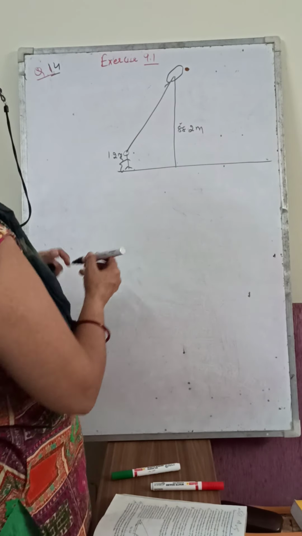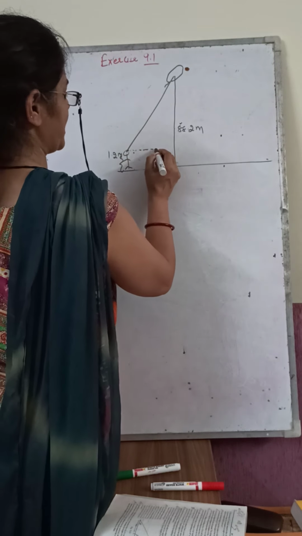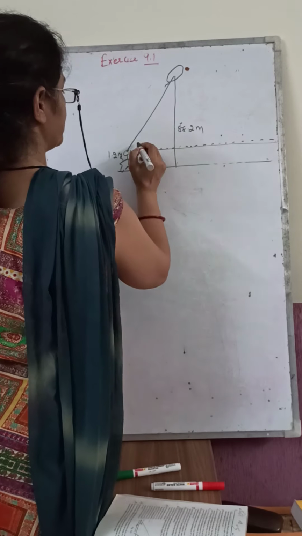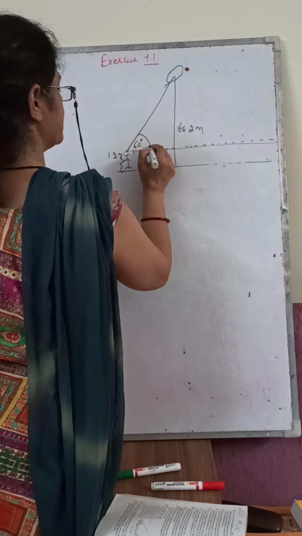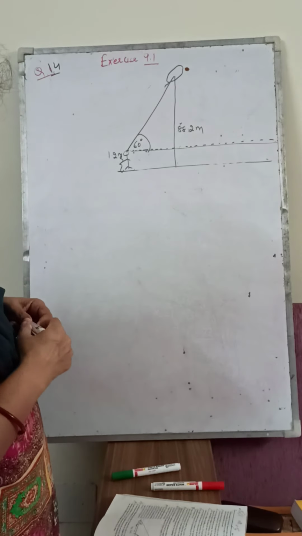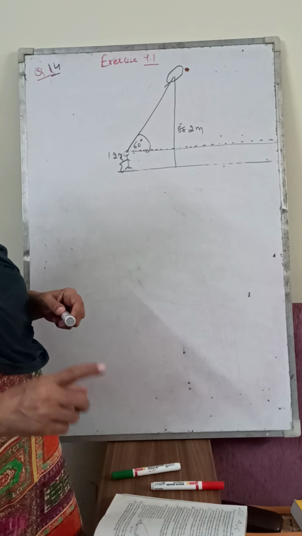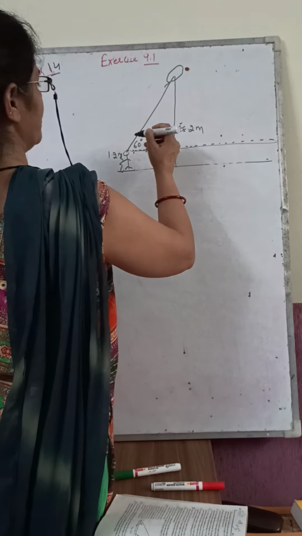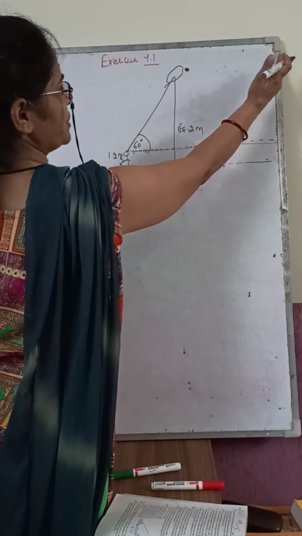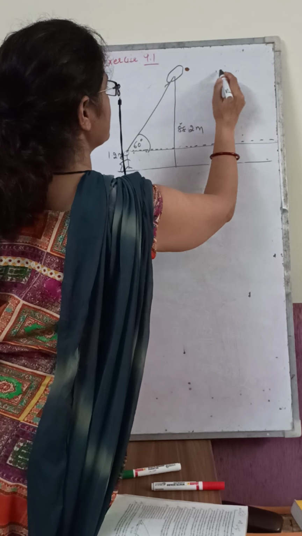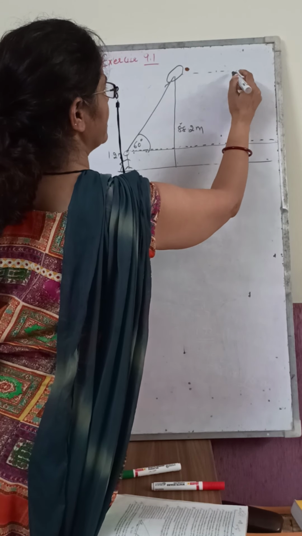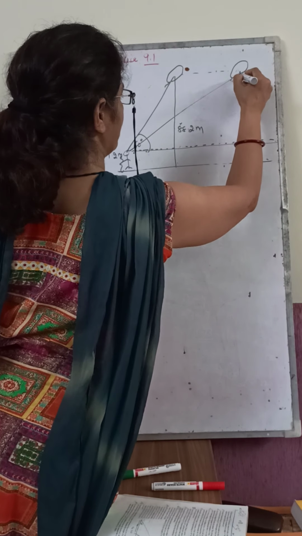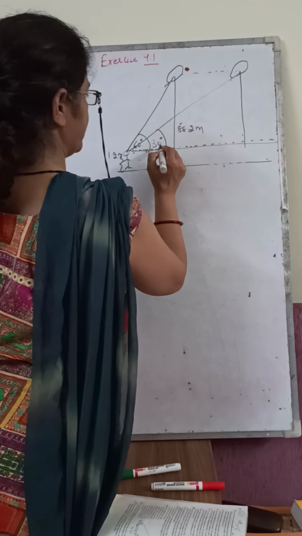60 degree. The angle of elevation, you know this is the horizontal level. So angle of elevation is 60 degree. Then after some time the angle of elevation reduces to 30 degree. When the angle of elevation is decreasing, it means this balloon is going to that side. As the balloon is moving in the horizontal level, now the balloon has reached this level and the angle of elevation has become 30 degree. Clear?